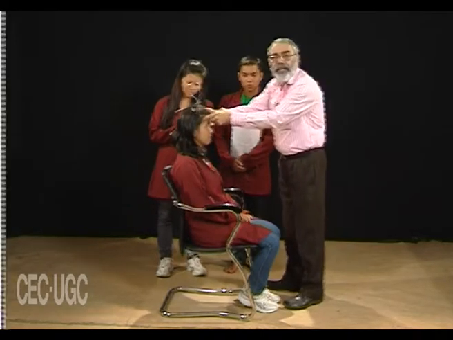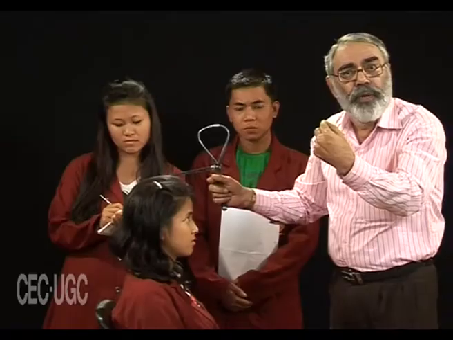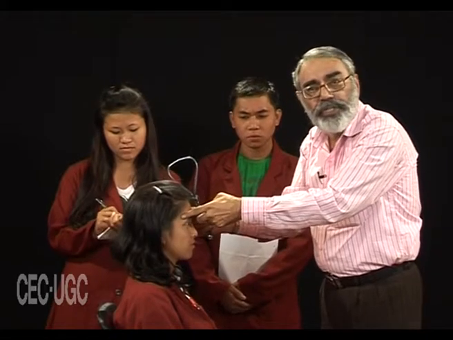The next measurement is least frontal breadth. This particular measurement measures the minimum breadth of the forehead region. Now this is the forehead portion, and we have a temporal line here. Now in the temporal line there is a deep curve, and the point which is considered for measuring least frontal breadth is frontotemporale. Frontotemporale is the point which is located at the deepest point at the incurve of the temporal